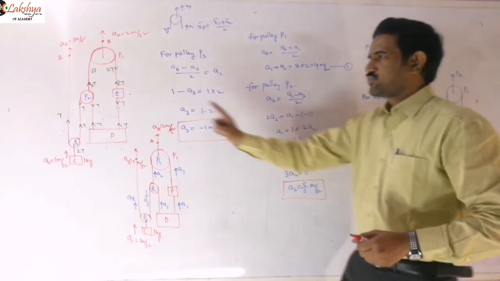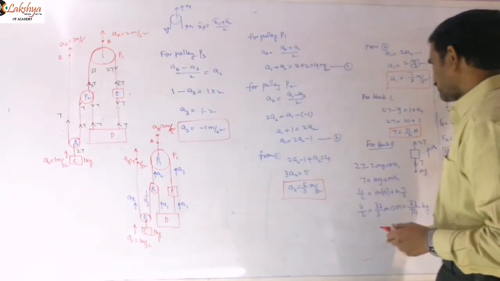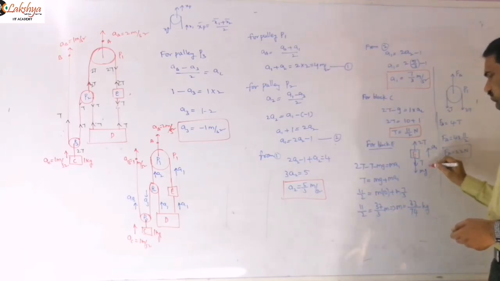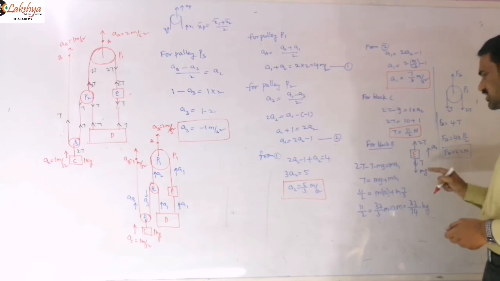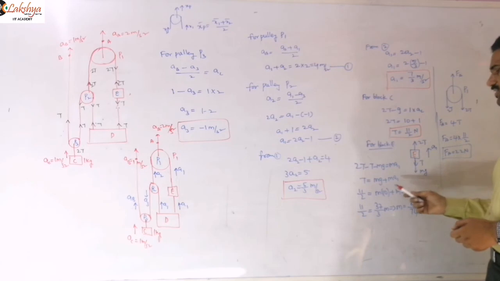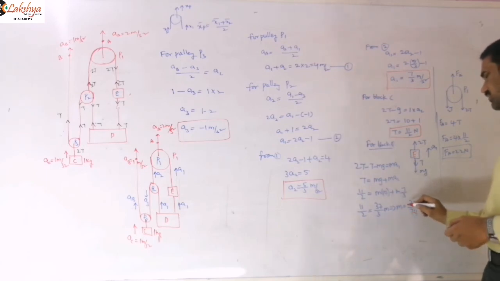Next I am taking the force equation for block E. So this is our block E here. 2T is acting upwards, T is downwards and mg is downwards. So m is unknown for us and the acceleration of this block is known to us. Just write the force equation and simplify that. Then you will get the mass of this